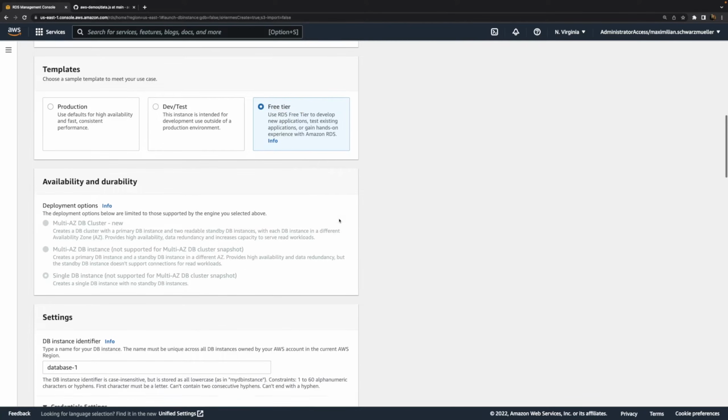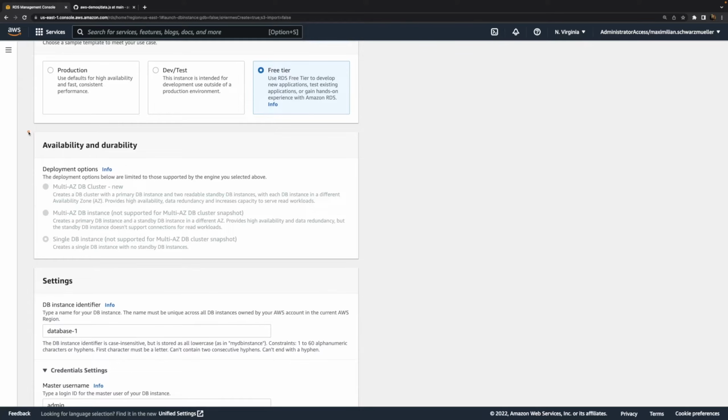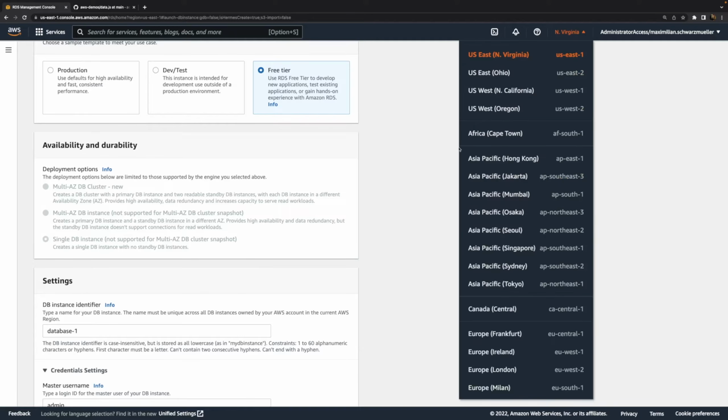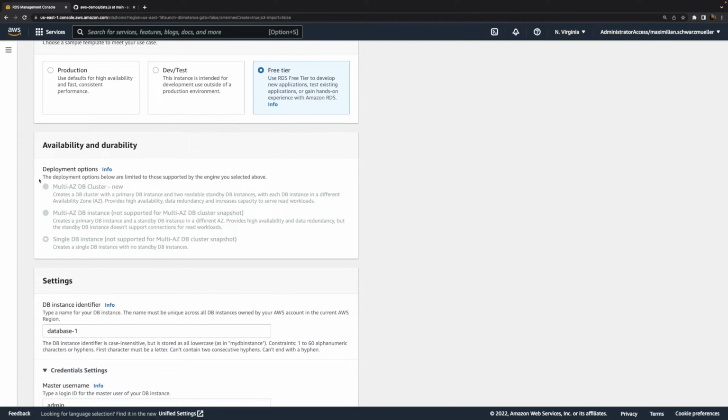Now, one option that is disabled now, for example, is the option to set up a multi-AZ cluster. Multi-AZ means multi-availability zone because, like EC2 instances, the RDS service and the instances you start with it are regional constructs, so the region you select matters. And you can create a multi-AZ cluster to make sure that multiple database instances are created instead of just one.